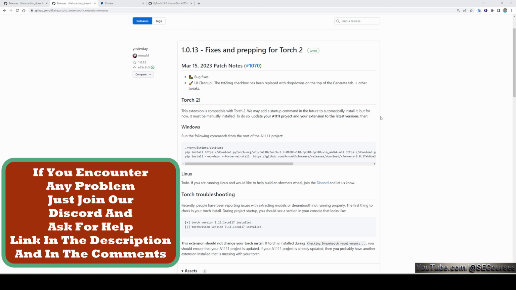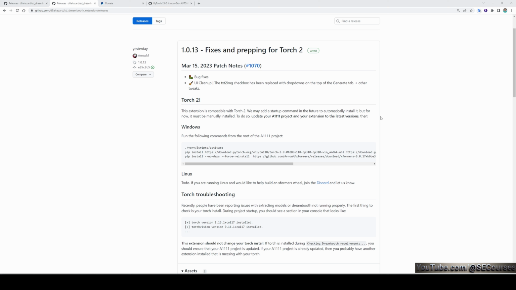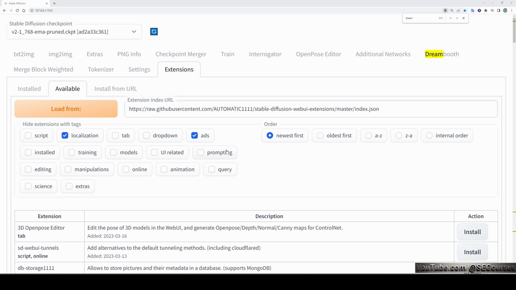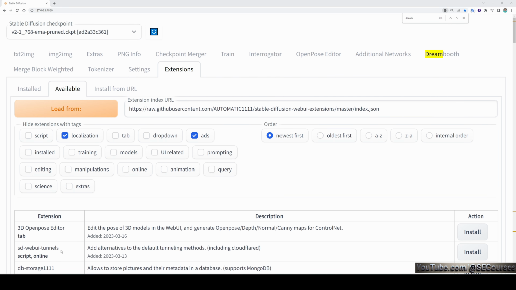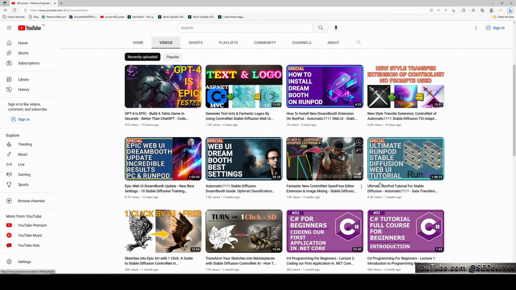Torch version 2 is supposed to increase image generation speed and training speed significantly in the new cards, so you will also be able to use Torch version 2 after watching this video. I have been asked numerous times recently that their extension installation is failing. I already showed how to install Dreambooth extension manually on RunPod in this particular video. So if your automatic installation fails on RunPod, you can watch this how to install Dreambooth on RunPod.